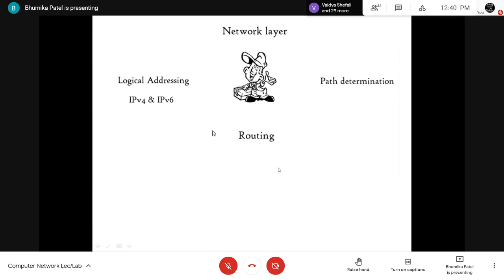Routing is nothing but it is a method of moving the data from source to destination, and it is based on the logical address format. Okay, so routing, it is nothing but we have to identify the path, right? Routing means we are sending the data from sender to the receiver. So that process is called what? Sending the data from the sender to the receiver is called the routing.